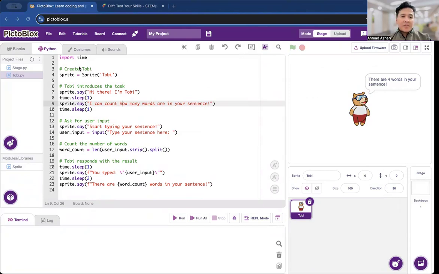So first, I would like to import the time module. The time module will be used as a delay or a short break for Toby to say some words, from one sentence to another sentence. First, I create the Toby character. I call this Toby sprite, and then Toby will introduce to us how